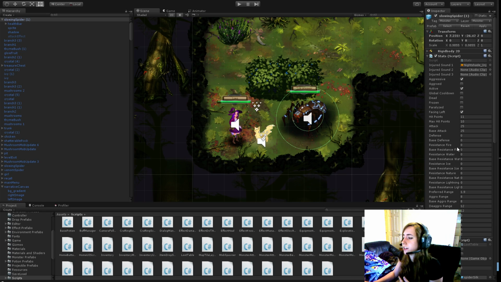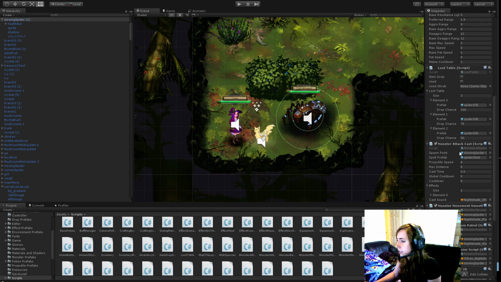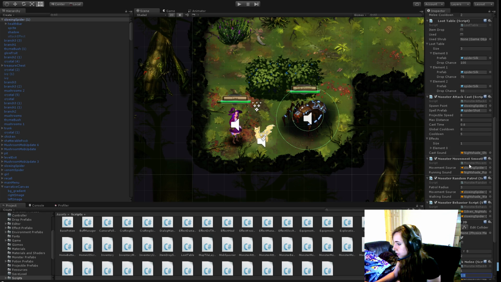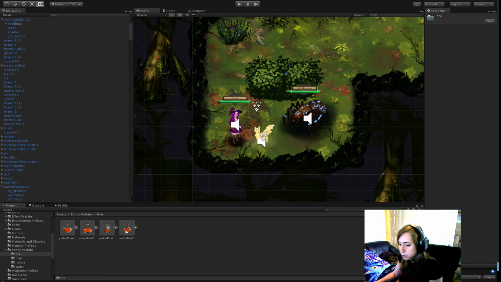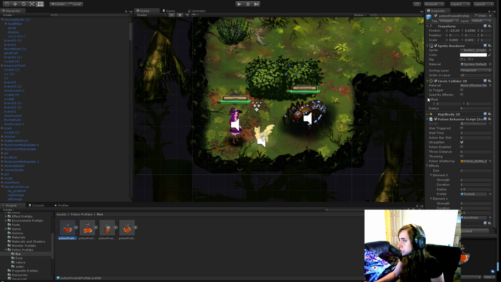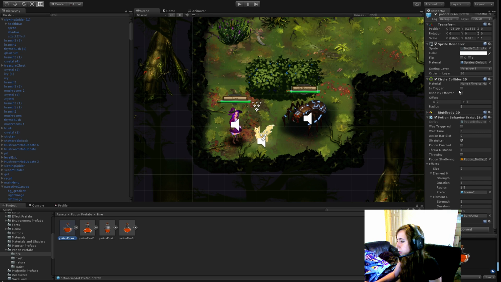really stop there. So I know that I was pointing out that this monster has a spell that they're casting, a prefab. So if I go into my prefabs here for my potions, you'll see somewhat similar behavior to how the spells work. Let's see, potion prefabs. So let's look at my fire potions. So if we just pick a normal fire potion, this is the area of effect fire potion, we'll see that